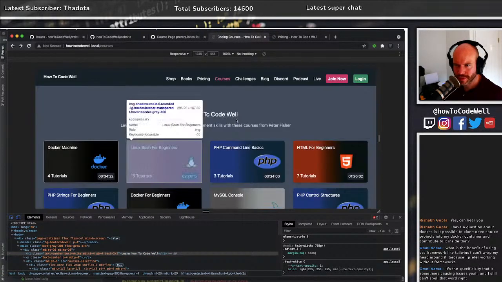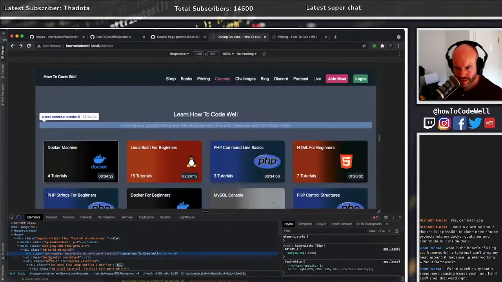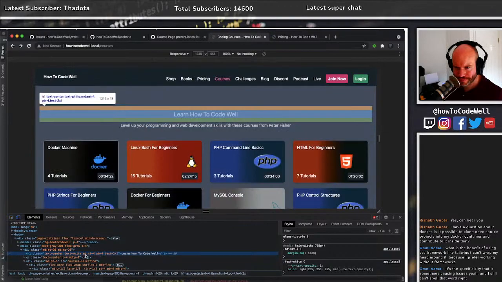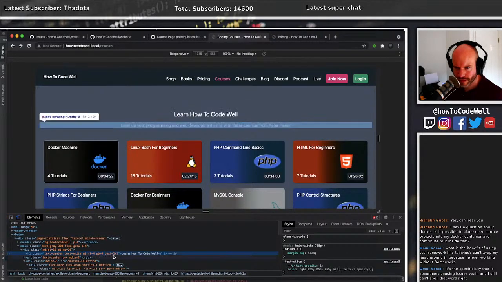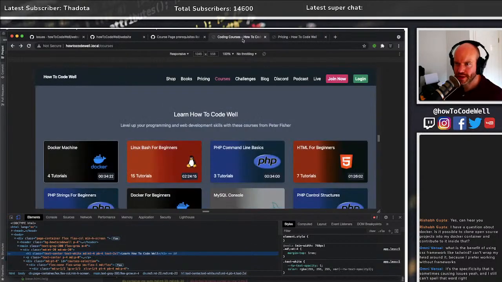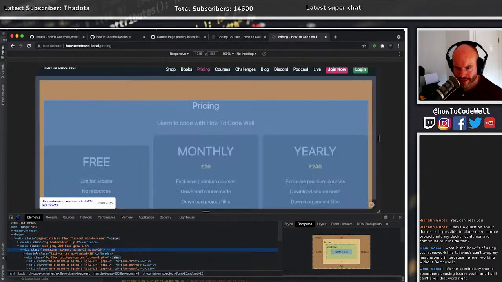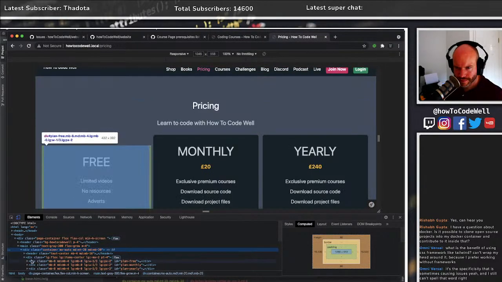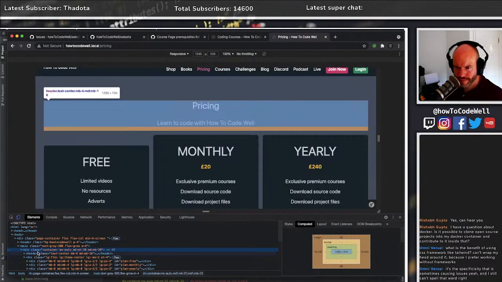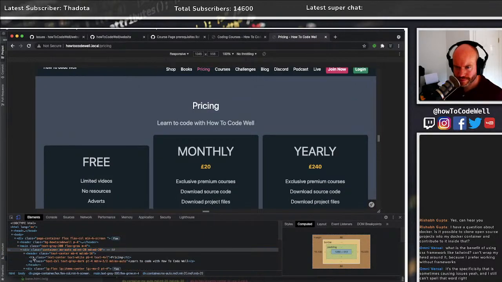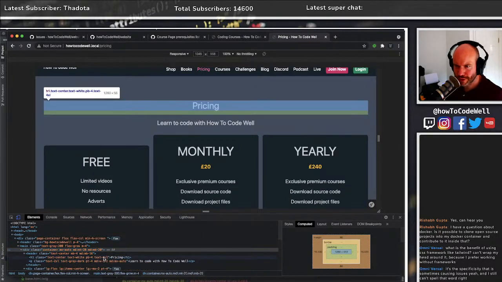However, I've just noticed something. That should be. So that's 2XL. And am I right in thinking that that's 4XL?